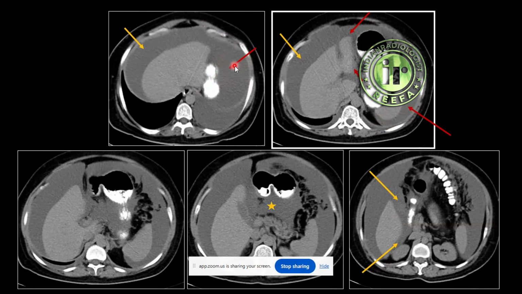This left anterior subphrenic space also communicates with the space that is bordered by the falciform ligament medially, the diaphragm and the anterior abdominal wall anteriorly, and posteriorly by the left lobe of the liver, and this is the anterior division of the left perihepatic space. The left posterior perihepatic space is the space that surrounds the left lobe or the lateral segment of the left lobe of the liver, and this is located anterior to the lesser omentum or the gastrohepatic ligament.